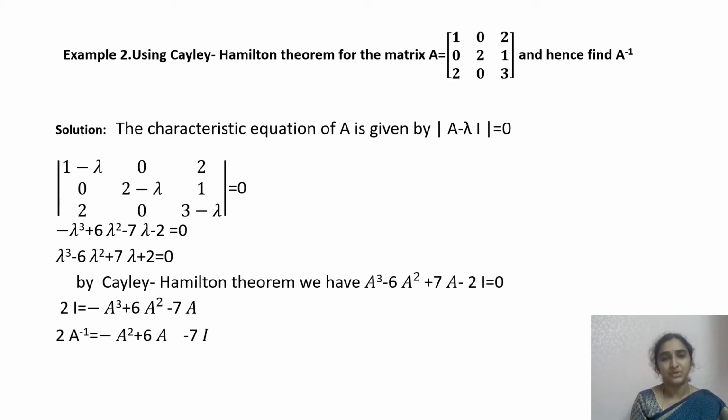equal to 0. That would imply minus lambda cube plus 6 lambda square minus 7 lambda minus 2 is equal to 0. That would result in lambda cube minus 6 lambda square plus 7 lambda plus 2 is equal to 0. By the Cayley-Hamilton theorem, we have A cube minus 6A square plus 7A minus 2I is equal to 0. That is 2I is equal to minus A cube plus 6A square minus 7A. Multiplying A inverse on both sides, we get 2A inverse is equal to minus A square plus 6A minus